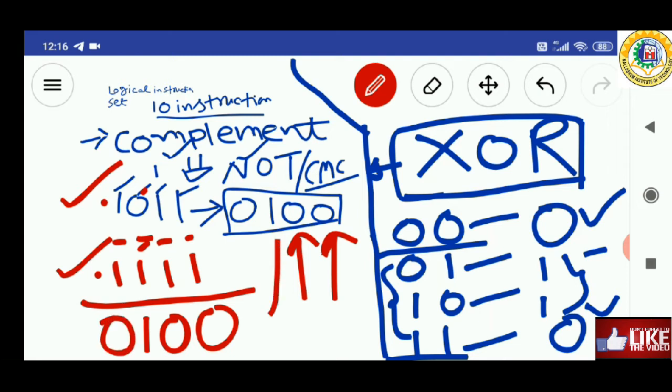You can see these two outputs are the same. So this is the logic behind the complement.